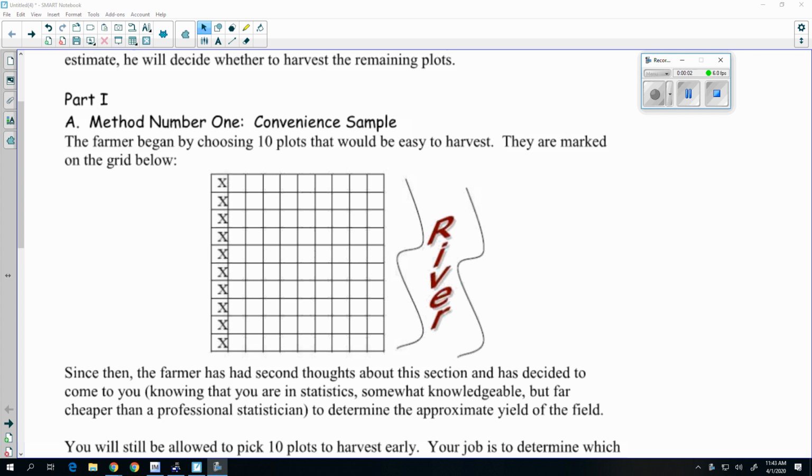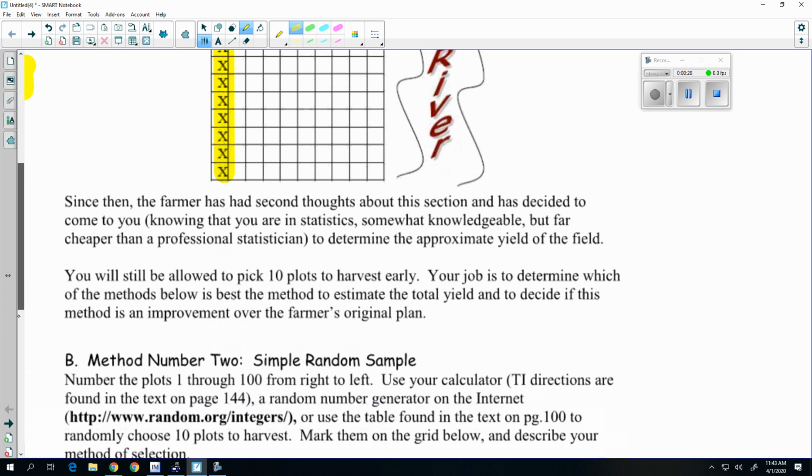The homework for chapter 1 is modeling the need for these different types of probability sampling methods. So there's one bias that happens a lot, and that's convenience sampling. And so notice the farmer selected all these far away from the river. So hopefully when you think about how crops grow and what they need, being far away from the river might be an issue. So what you're asked to do in this homework assignment is pick a different method that might